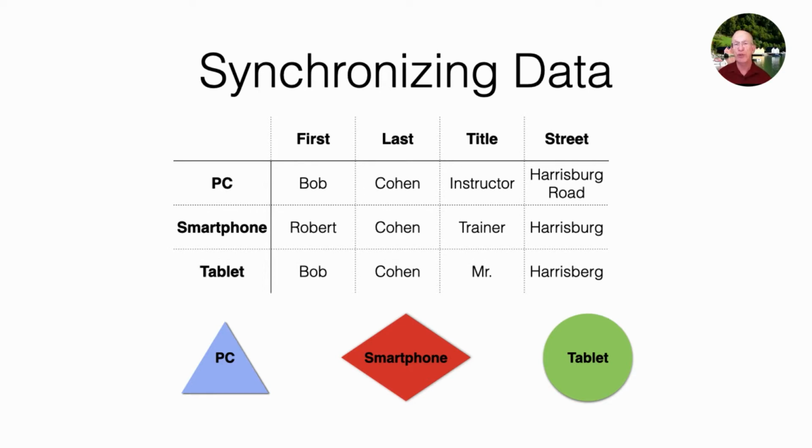But to a computer, it might not know that Bob is not Robert, or the title instructor is not trainer or Mr., or that there was a typographic error here on the road, on the street. It doesn't know that. So that is what happens a lot of times